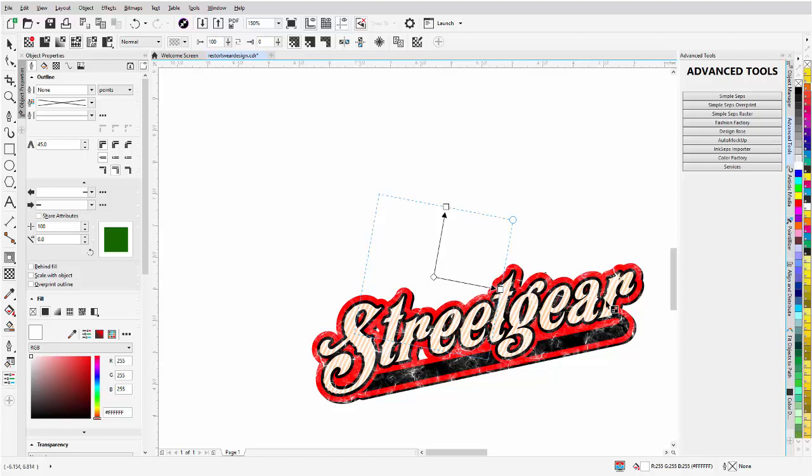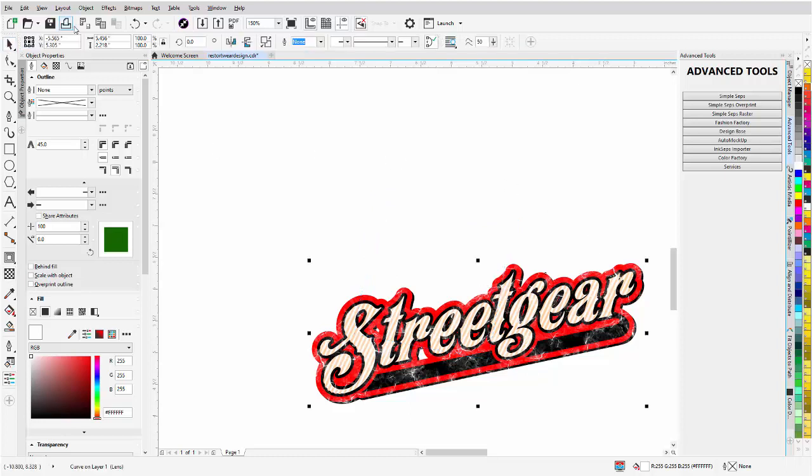Now if I want to strengthen that once again, go back to the pick tool, go to copy, go to paste, and then it'll be a little bit stronger. And now I've got that effect built in there. Now the interesting thing is when you've got them copied and pasted on top of each other, you can go